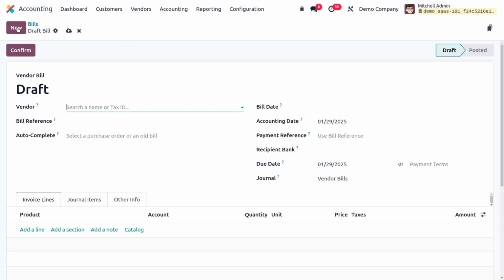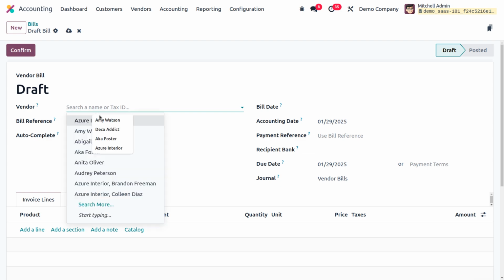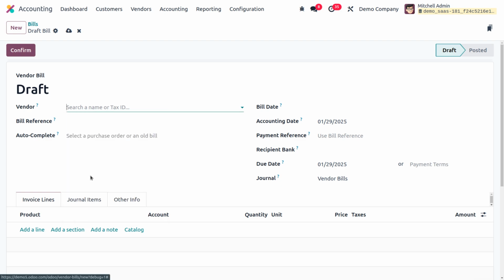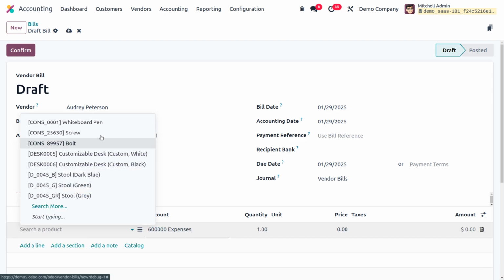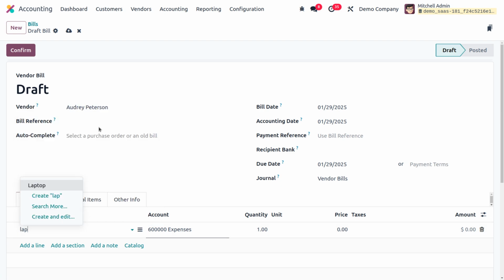Now let me click on the new button in order to create a bill, where I'm going to provide the details like the vendor as Ori Peterson, and let's provide the bill date, which is the date of today. Afterwards we just need to provide the product, which is the laptop. So let's provide the product.